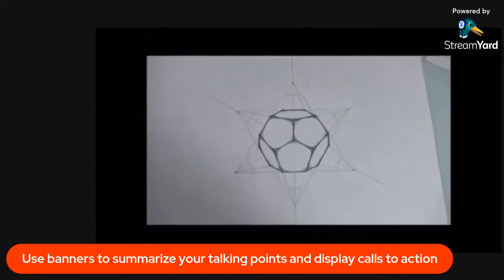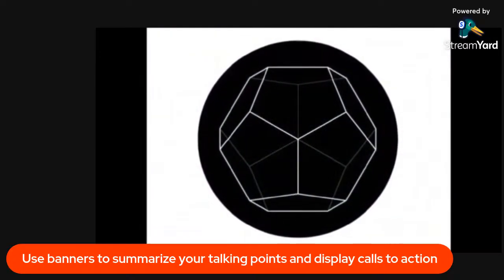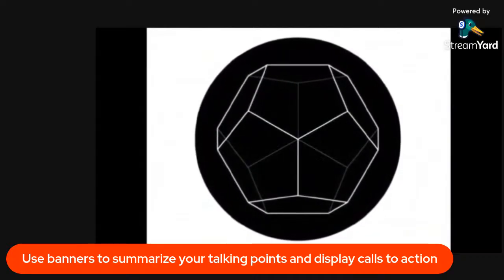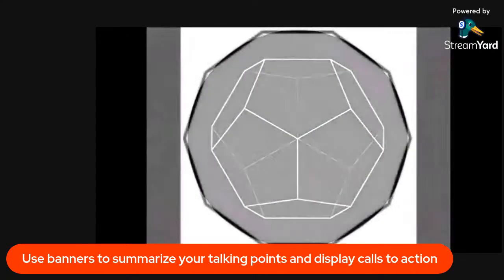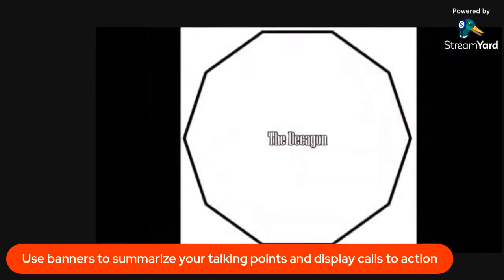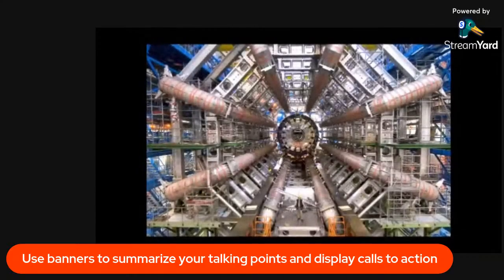So did mankind get blueprints from entities to build a machine? And would we be stupid enough as mankind to build such a machine? Well, the answer is yes, and they did. As we look into the decagon, we see this pattern, and lo and behold, look what it matches up to. We have CERN.